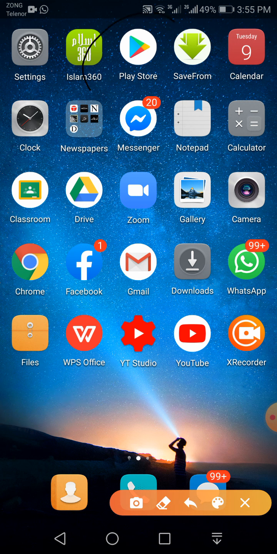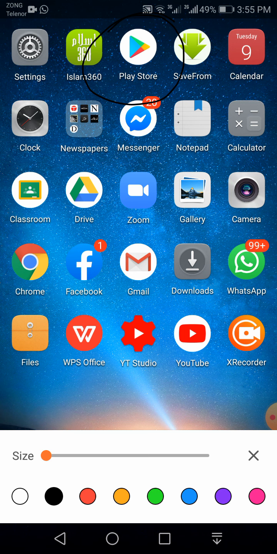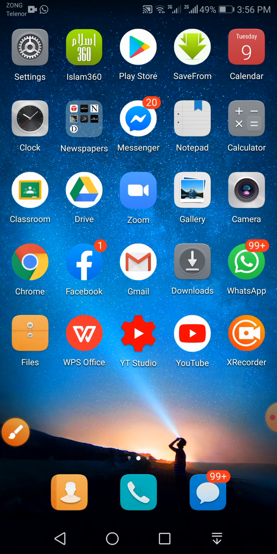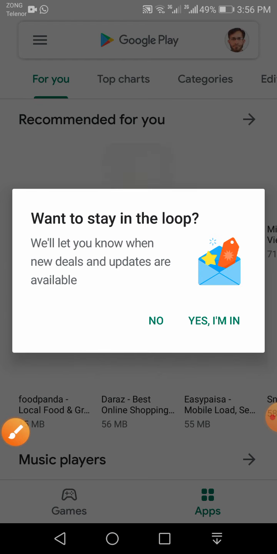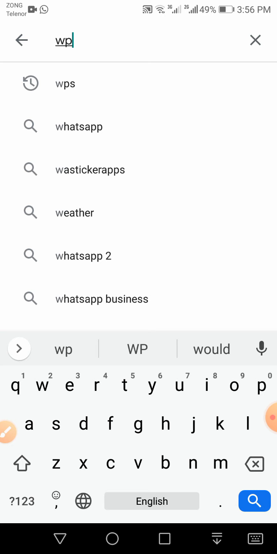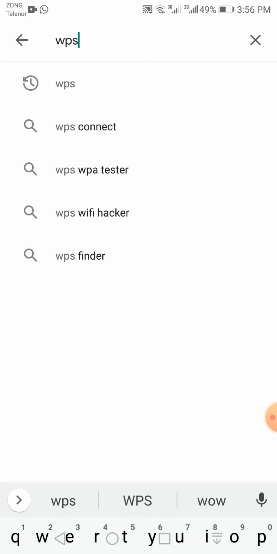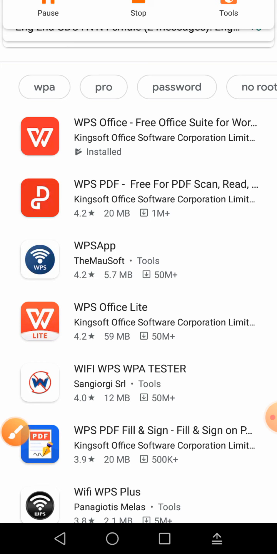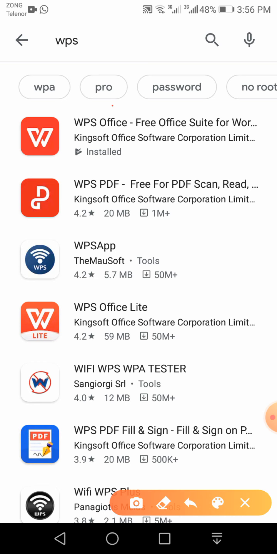You need to go to Google Play Store, okay, and here is Google Play Store. I'm circling it, so click on it, and you can type here WPS, okay. This is the topmost program, as you can see here. When you click on it, you are prompted. So this is WPS, okay. W means Word files, P means PowerPoint, and S means spreadsheet, that is Excel sheet.